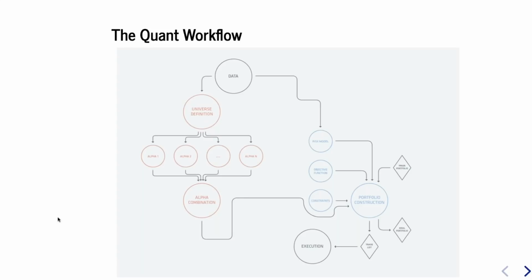And then from this universe definition, you'll construct any number of individual alpha factors. This can be any of the momentum, quality, value, that kind of stuff that I mentioned, or some of these sentiment factors, all this stuff. And we combine it into one big alpha factor and feed it into our portfolio construction, which will include some risk models, some objective function for how we want to actually allocate amongst the securities that are selected. And eventually this leads to execution. Then we do it all again the next day or whenever our next rebalancing period is. So this is just a general framework for how we want to think about developing quantitative strategies and developing hypotheses and iterating on them to quickly come up with